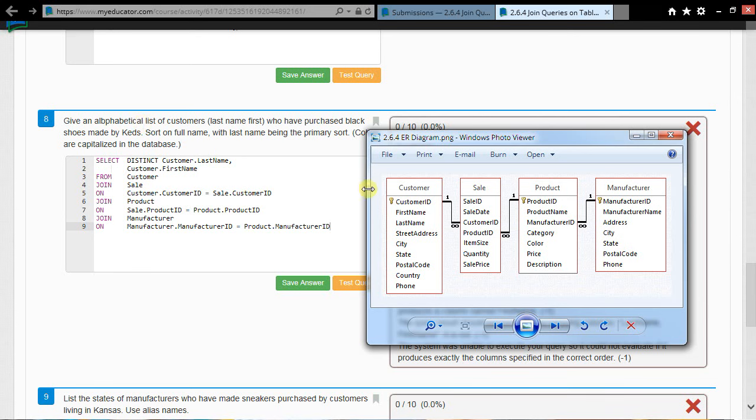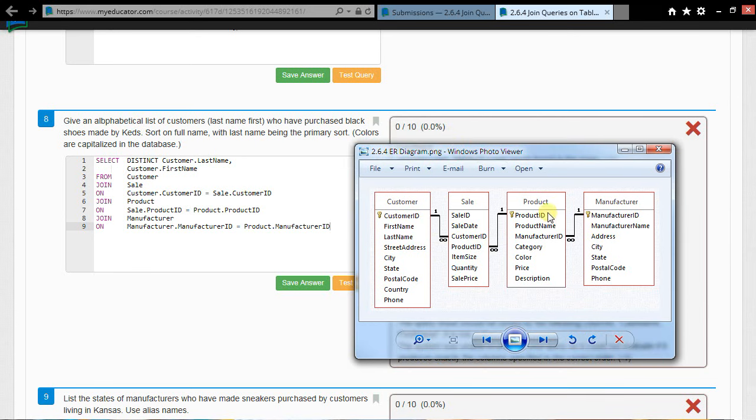Because we need an alphabetical list of customers, so I know I need something from here who have purchased black shoes. That's going to be in product, made by Keds. Keds is in my manufacturer table. And you might be thinking, well, we don't need anything from the sales table, but we cannot relate the customer table to the product and manufacturer table without first going through the sale table, so it needs to be in